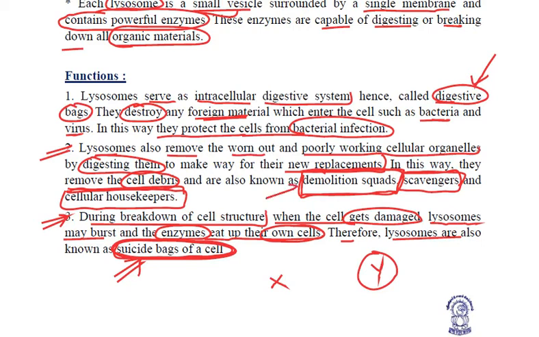They are called the demolition squad or the scavengers or the cellular housekeepers, because they actually help in removing the worn out cells by digesting them and making new replacements. And they are also known as suicide bags of the cells because they can eat up that particular cell of which they themselves were a part. Clear to all? So this is about